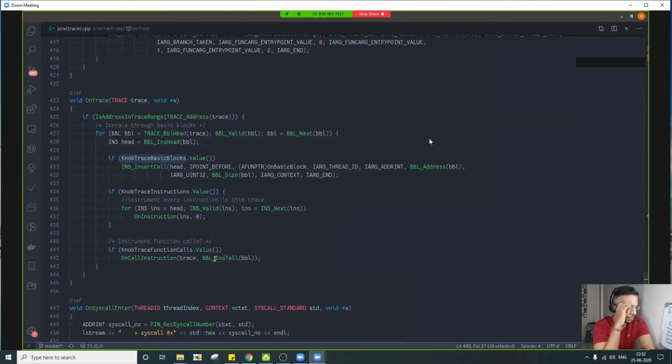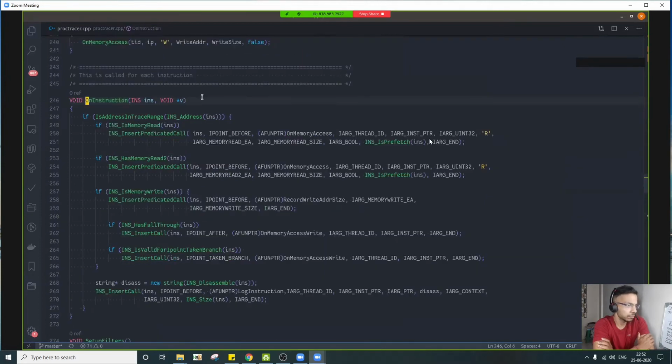And if we are instrumenting calls, I have a different function here to instrument those calls also. On instruction, similarly, if we want to have those memory reads and writes, then these are the functions which are added as instrumentation on every memory read and write that is happening as part of that instruction.